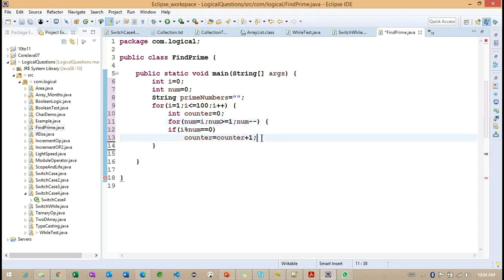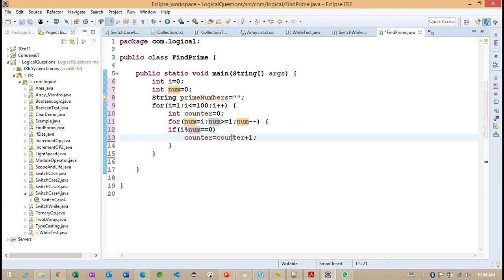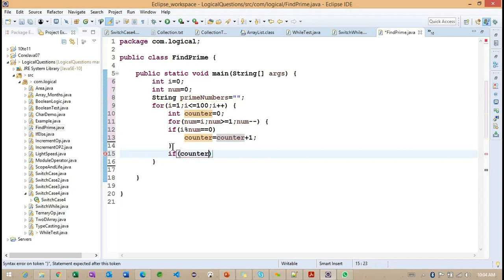Inside this particular if, we are going to check whether I modulo of num is equal to 0. We are going to increase the counter value, and after increasing it, what are we going to do? So we'll have a condition here.